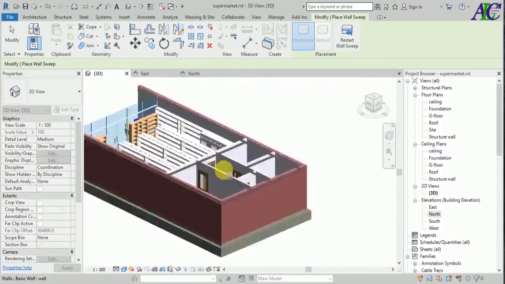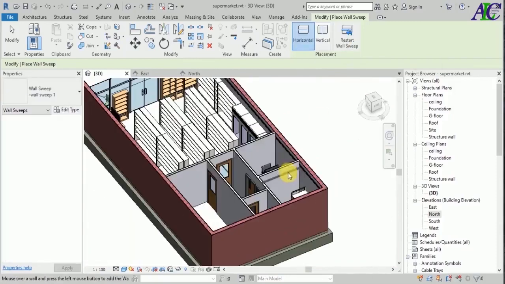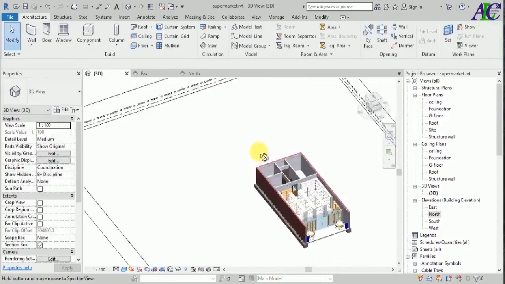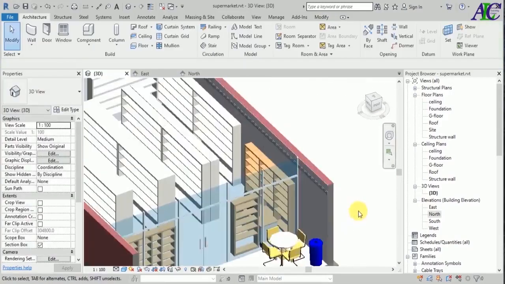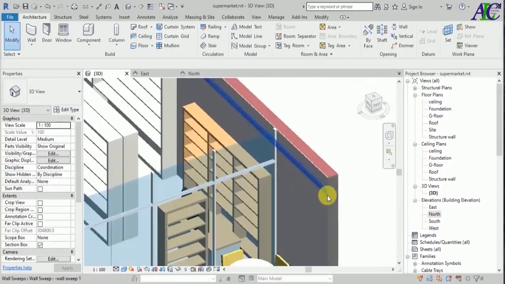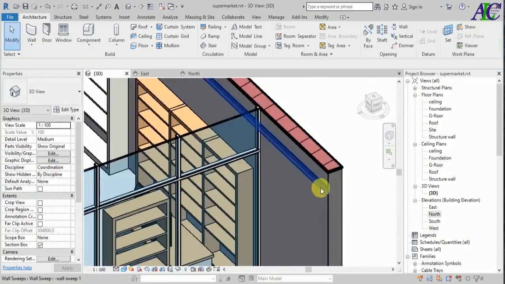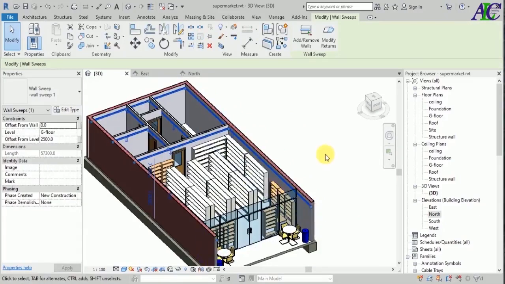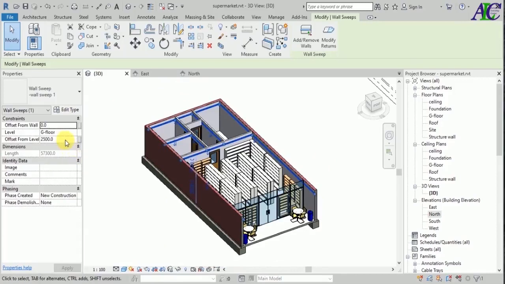Okay, it's for decoration or something that looks good. Up to you if you want to create this sweep around your wall or not, under the ceiling. So from here let's specify the offset like 0. Okay,